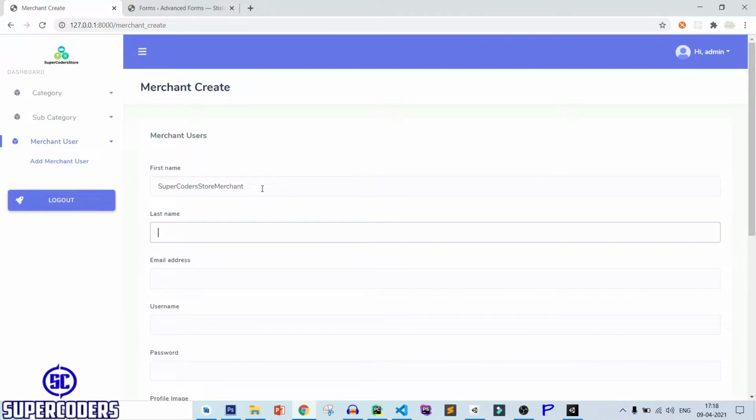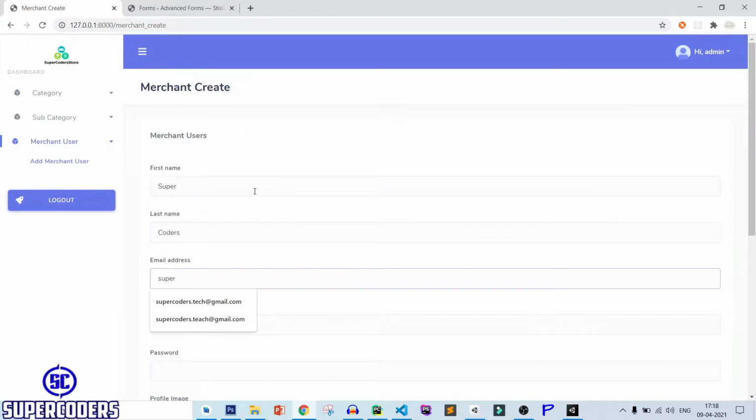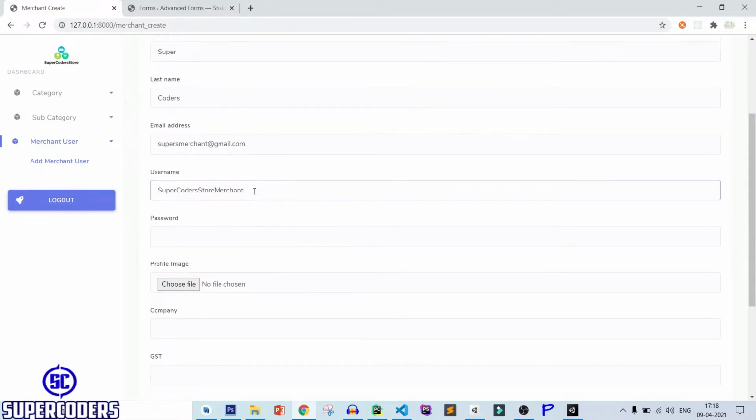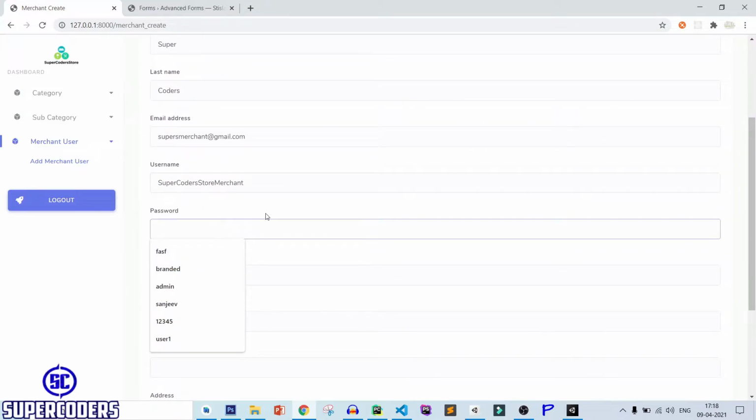After that, first name which is super. Okay, here super, super coders, super coders merchant at gmail.com. Super coder merchant. Put here password. So setting the password, super coders.